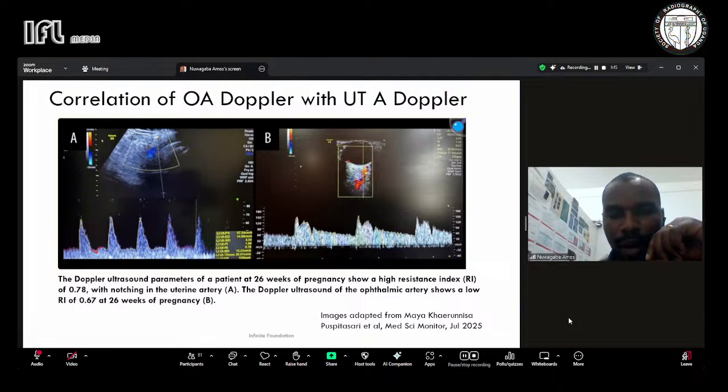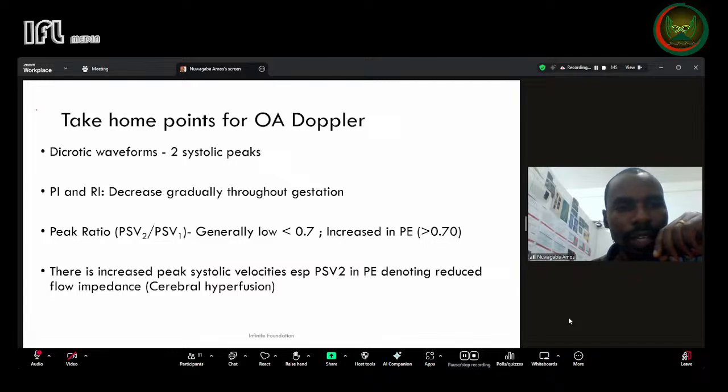When the ophthalmic artery was performed, this also showed a raised second peak and a low peak ratio. There was also a high volume of flow during the diastole, which indicated that there was hyperperfusion and correlated well with the uterine artery. So the take-home messages for the ophthalmic artery is that the normal waveform should have two peaks, and